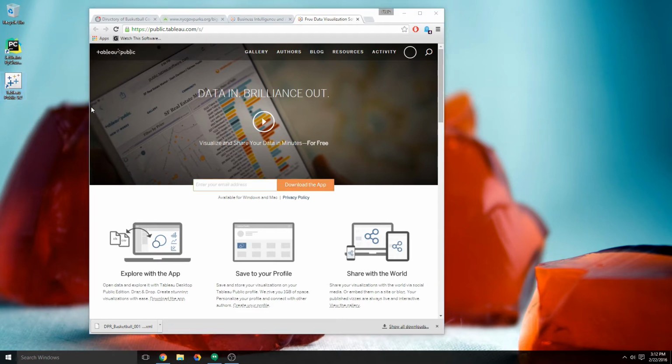And the way Tableau public works is that it has quite a few functions. You can do most of the things that the full version can do, but all of the data that you produce with it, the visualizations and things, are basically uploaded to the internet under your profile, and they're basically publicly available for other people to see. So it's kind of designed as a way to, the reward for them for letting you use the service for free is that you're kind of boosting the database